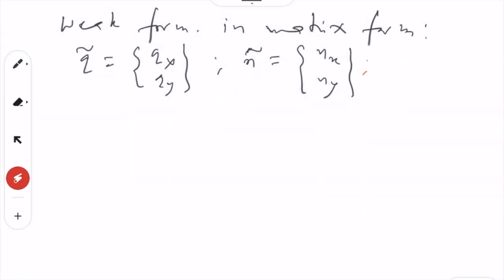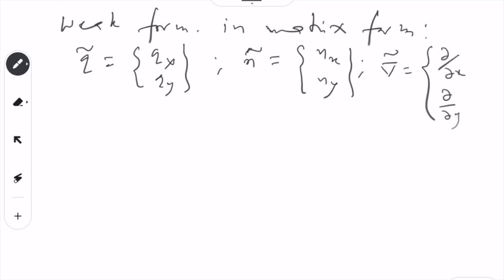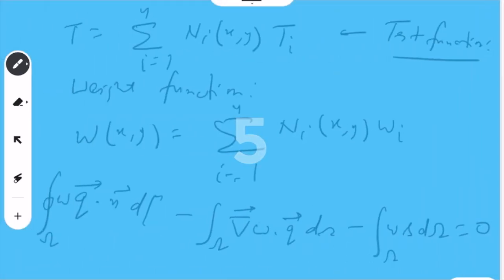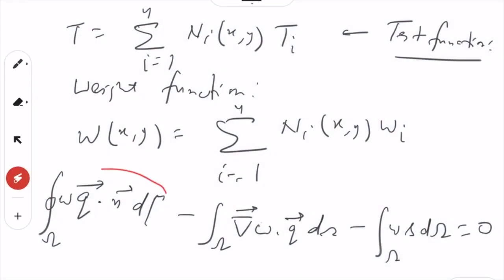So we have delta tilde, which means del over del x and del over del y, this is what the meaning is, okay. So we can use that and we can find out that the first one will be